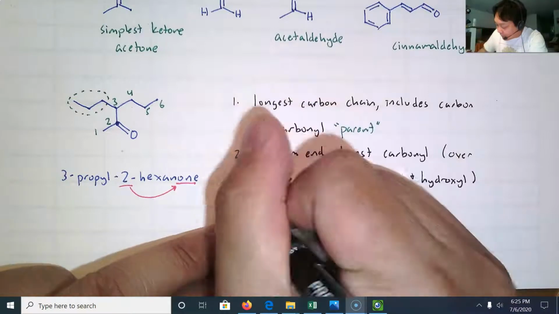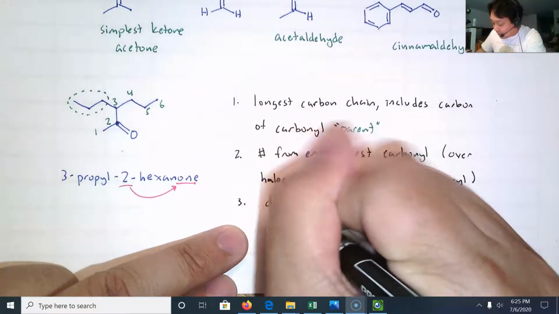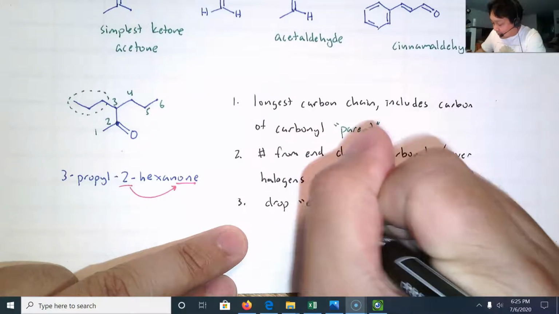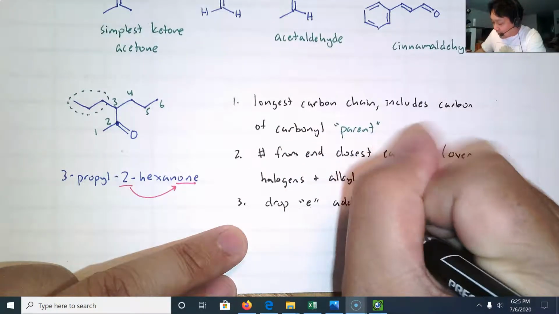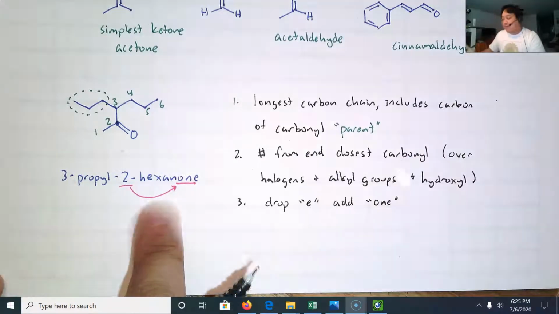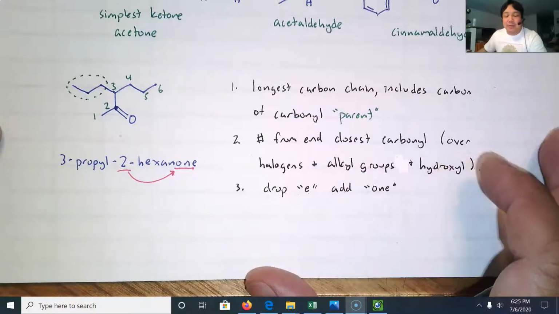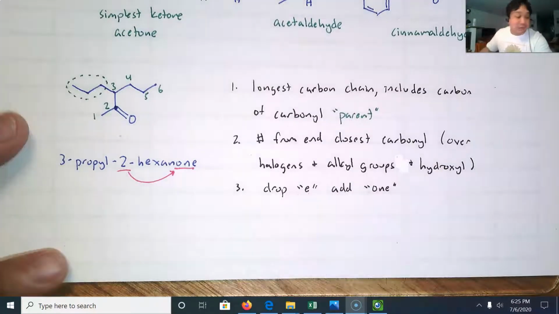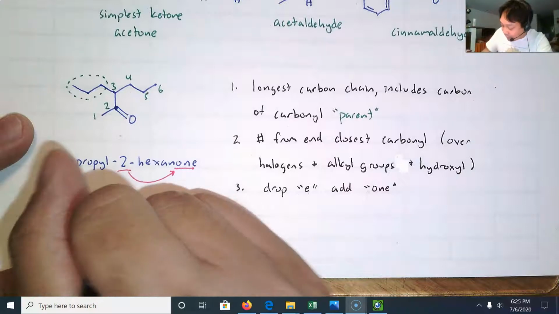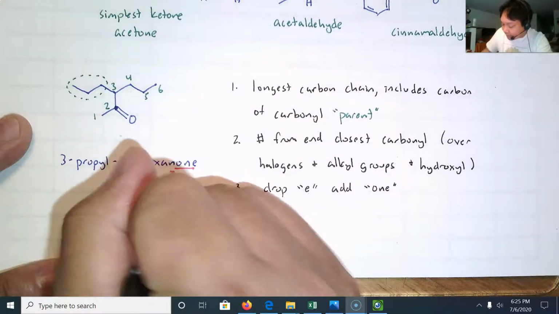So let me put that as the third rule. You drop the E and you add O and E. Instead of saying hexane, you have hexanone. Okay. Now, where was the example that I was tripping all over the place with? I would have tripped over trying to name this molecule here. But now, after I've seen the rules,